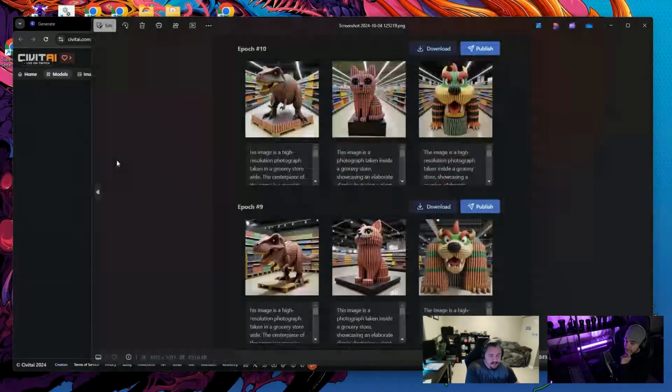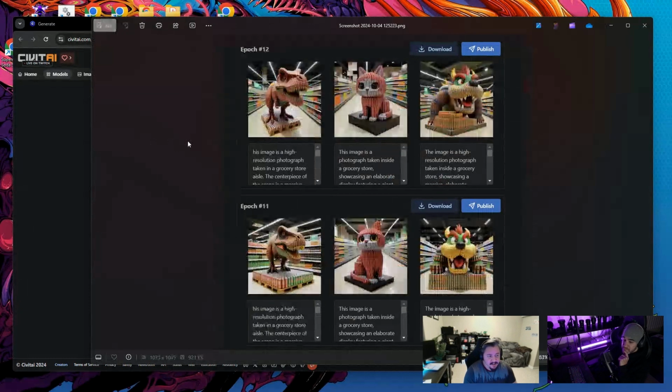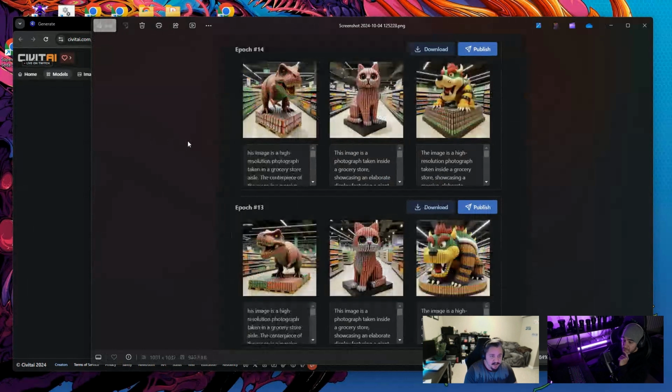So going through the epics again, as we go higher up the numbers, the results from these aren't always perfect either. Like you can't trust, hey, this looks perfect, that's going to be the right one, because the next one might be messed up, or the other way around. You might get one epic that just absolutely screws up your prompts. But the further we go up, the more everything starts looking like cans, and the grocery store concept starts looking a little more solid.